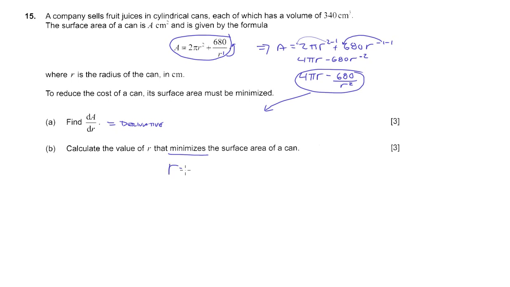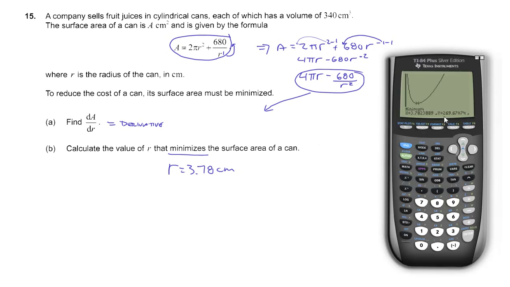So the R equals 3.78, and this is all in centimeters. Okay, not that they asked, but the surface area would then be 269 or 270 square centimeters, but they didn't ask that, so they just asked